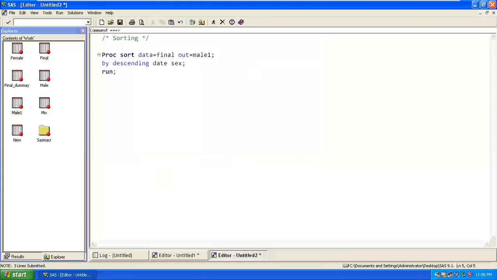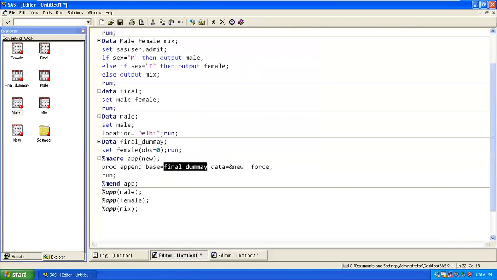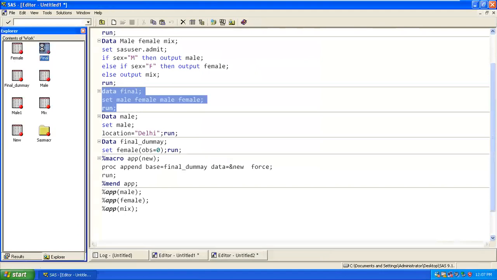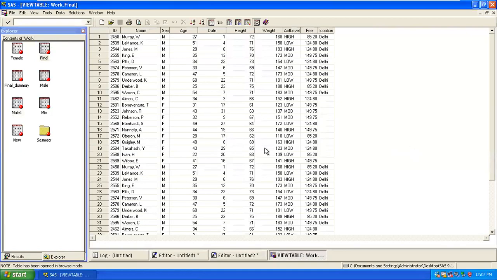And let's say we add one more data set into that particular data set again. So let's say in the final which we have, I'll again add female and male. If you go and look at the final data set, you will have more observations. That is nothing but the duplicates. So duplicate in the sense the row is duplicate.